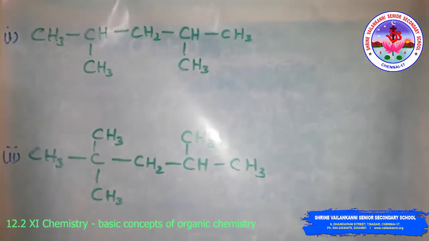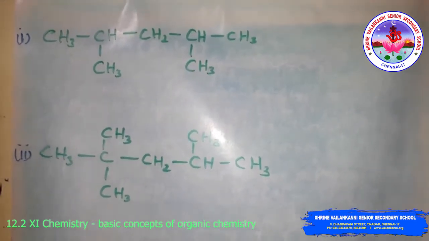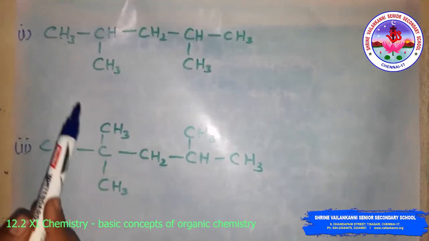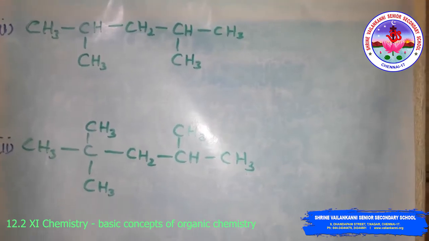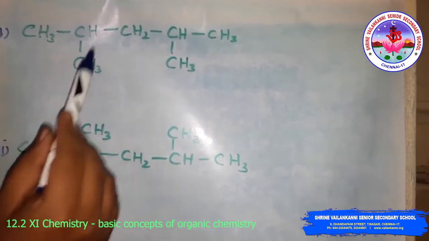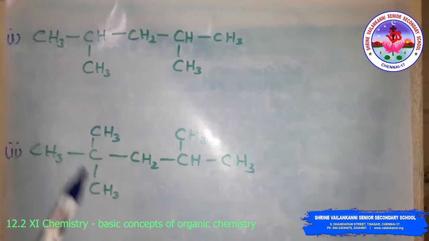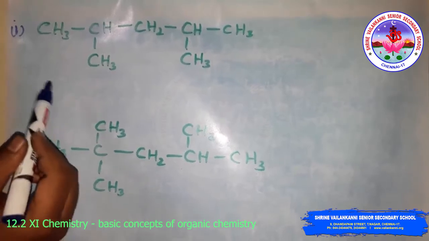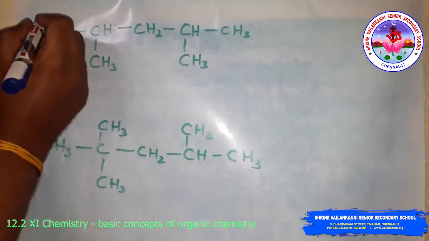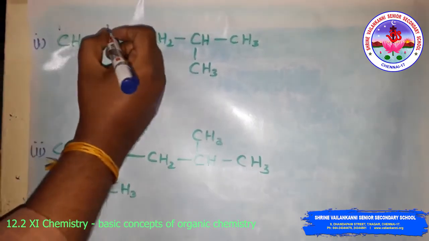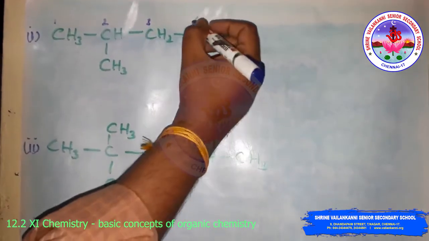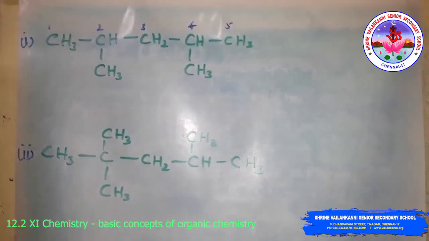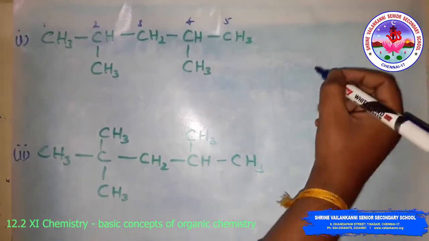See, look at this compound. We can write it. For the first compound, choose the longest chain. Then apply the lowest sum rule, then you have to name it. For the branches, suppose 2, 3 like this are present, you have to use di for 2, then tri for 3, like this. See, you can give the numbering on the longest chain. So 1, 2, 3, 4, 5. Here the longest chain is what? 5. So that means pent. The word root is what? Pent.